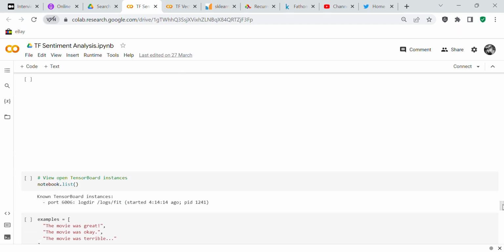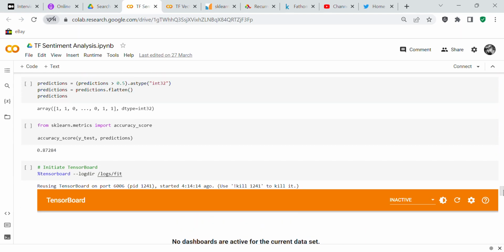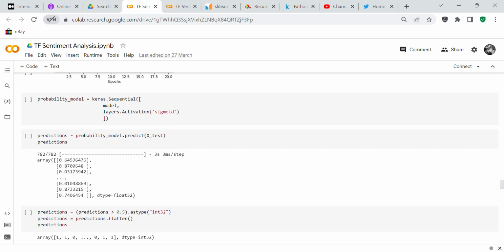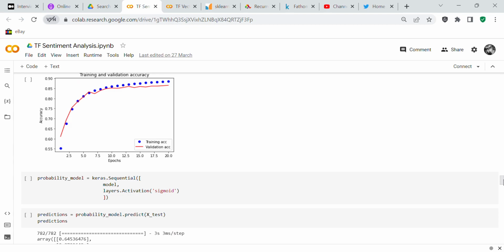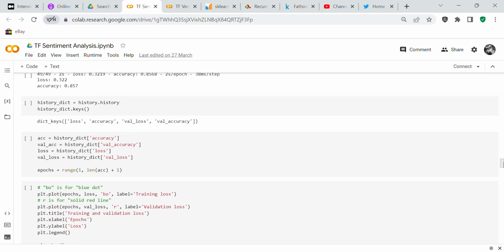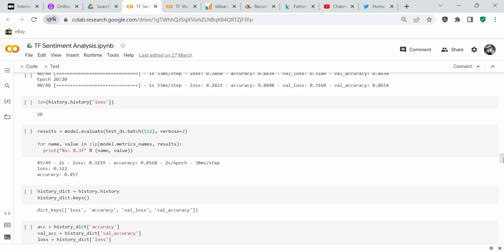So let me find out where we saved the model. And you see that it worked here. I'll show you where it worked. It worked here, but